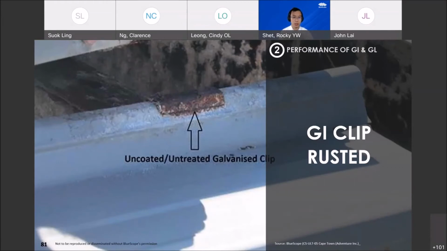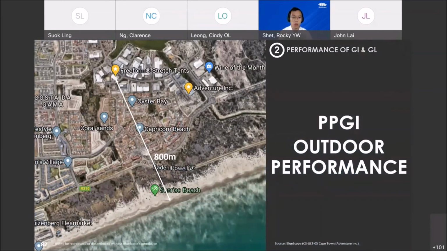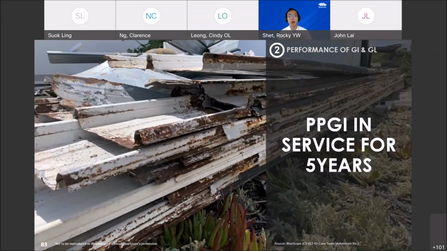So sooner or later, especially this kind of weather, there'll be gusts of wind and there could be a safety concern. So this PPGL looks great, no sign of corrosion after 8.5 years, but the clip had issue. And we walked not too far away, and this other building is actually around 800 meters away from the same sea, right? And it was installed 5 years ago, and this is how it looks like, because the contractor was actually replacing the roof because of this, right? So what you can see from here is that the PPGI actually started rusting all across the edges,